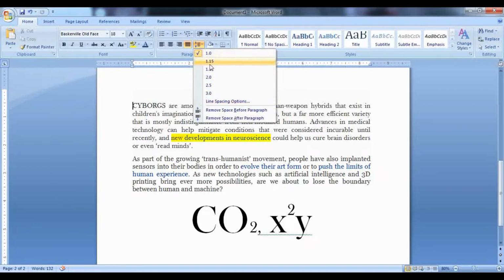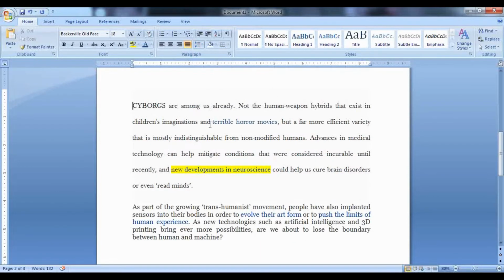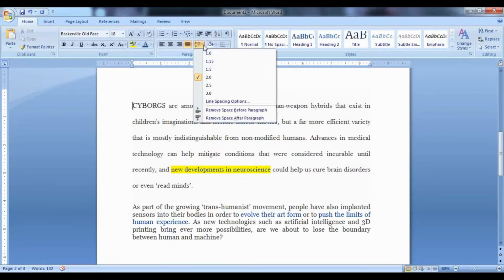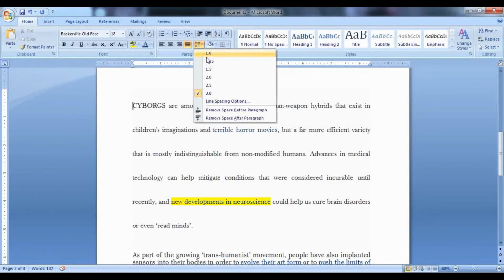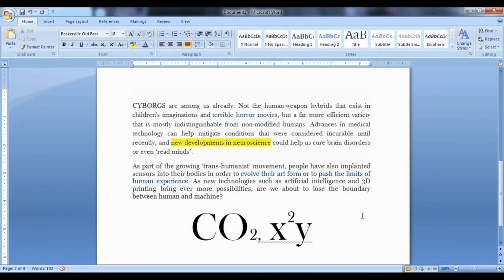By selecting any of these options, you can increase the space between your lines. If I choose 2.0, you can see the space between the lines gradually increased. Similarly, if you go for 3.0, it is increased further. So I'll just go with 1.15. This is apt, this is the standard we will take.